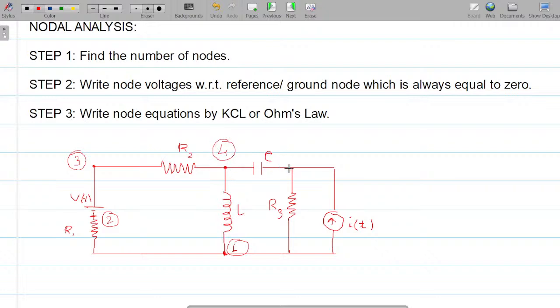Again, travel. There is a change, you encounter an element, there would be a definite change in potential, mark it as a node. Travel, this is the same point, right? Same point. So this will not qualify as a node because there is no potential difference. And from here on we had already defined node number 1. So again, all you need to do is travel. In case you're new to solving questions on nodal analysis, you need to be